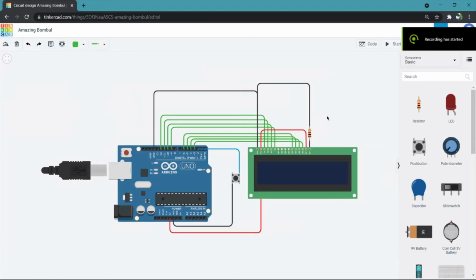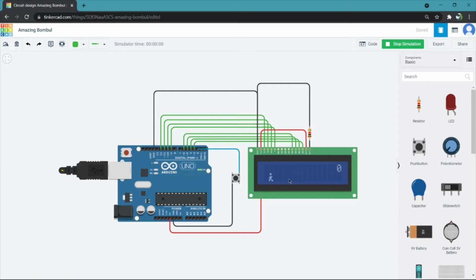So here's the circuit for the game that we are going to use in our interactive toy. This circuit consists of an Arduino Uno, push button, LCD screen, resistor and a few wires. When we start the game, the screen displays to press the button to start. This game is based on the famous Mario game. So here we go. When we push the button, the game starts and the score starts increasing. When we dash into any obstacle, the score is displayed and the game stops.